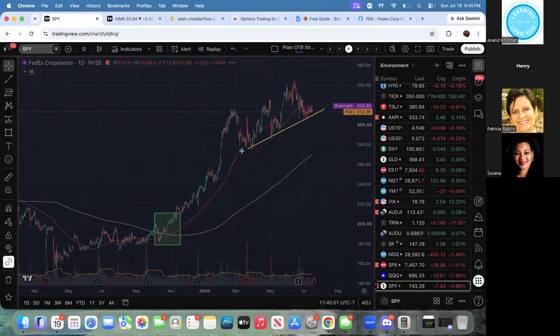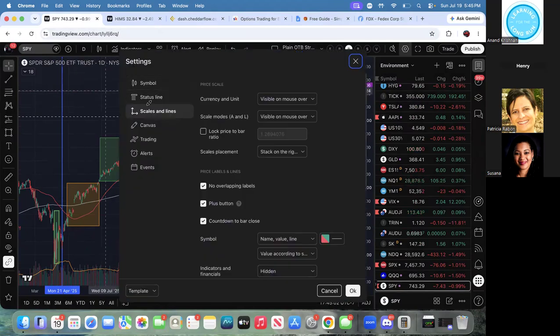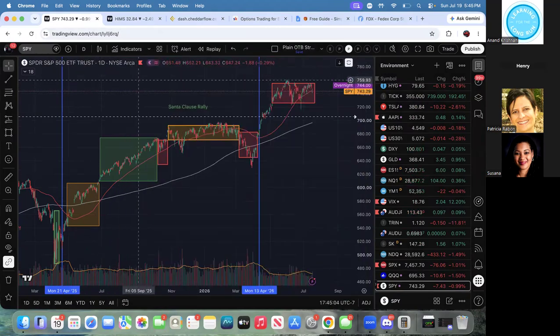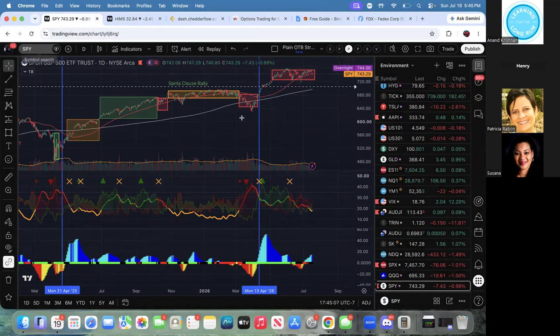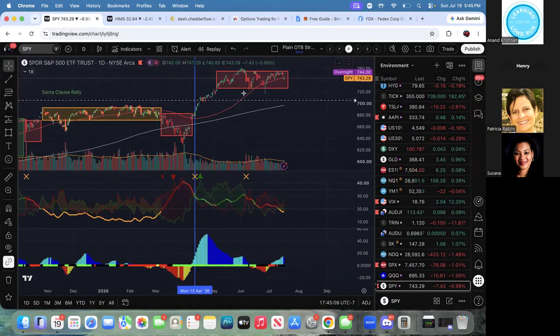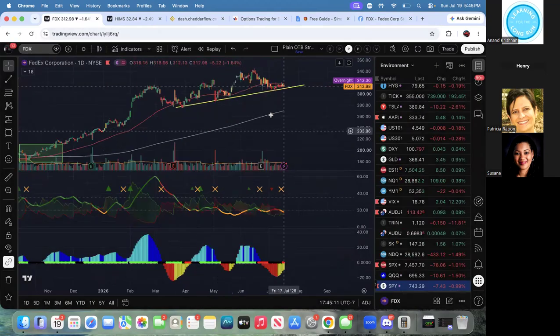You're talking for EDX on the indexes and on the particular company, right? So go back to FedEx. Okay, so you can see at the bottom,